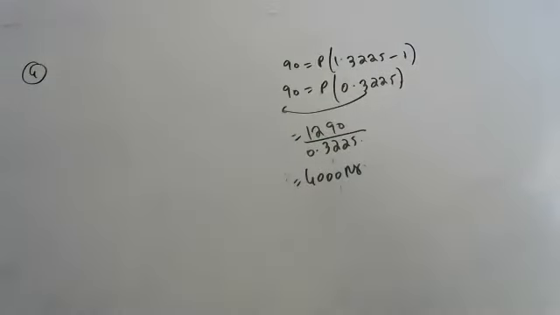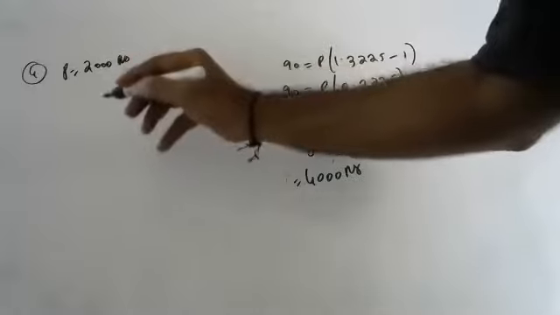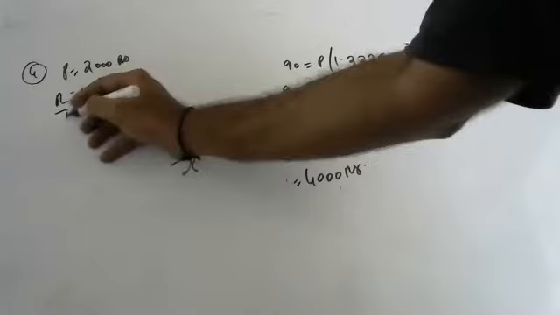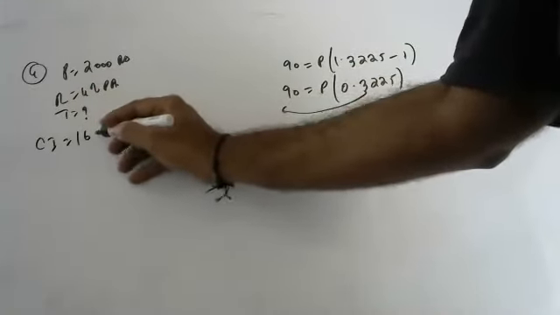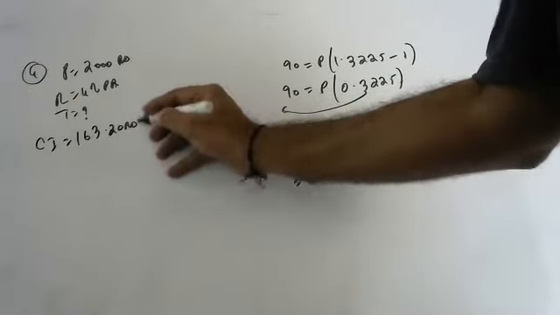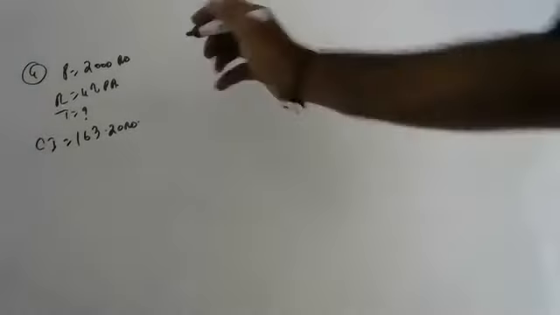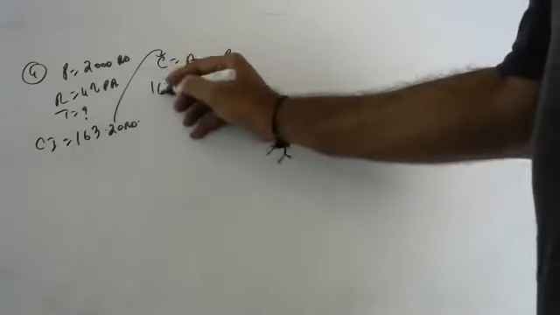Okay, children. Next, who has to say next? Harsha, are you there? Yes, sir. Principal is 2,000, compounded annually at the rate of 4% per annum. Find the time in which compound interest will become 163.20 rupees. Compound interest is equal to amount minus principal. 163.20 is equal to